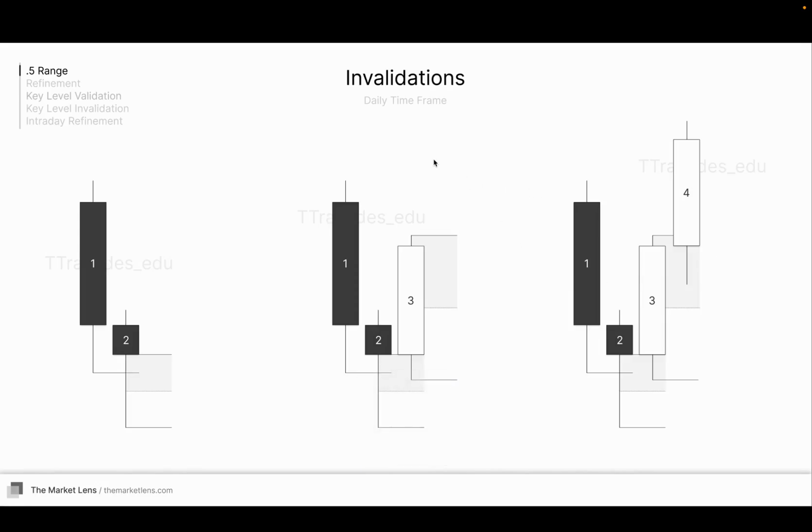Guys, so we're going to be going over invalidations today: how to start off with your first invalidation, and how to refine your invalidations while price is printing intraday, because your invalidations are going to move after certain things happen. Your first invalidation always starts on the daily chart, marking out the EQ of that previous day's